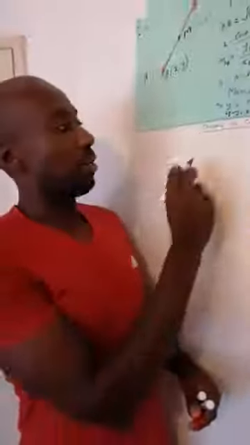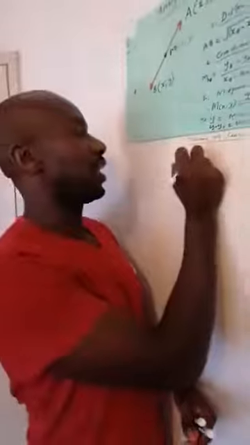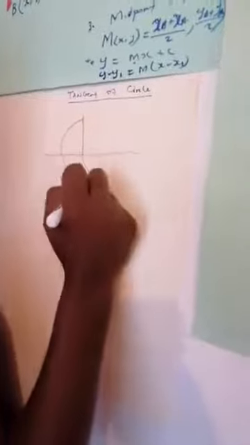Now we are going to talk about the tangent of a circle. A tangent of a circle is a line that touches the circumference at one point. Let's say we've got a circle here,